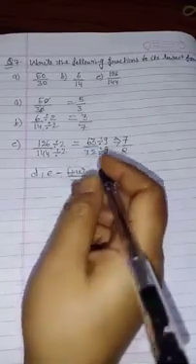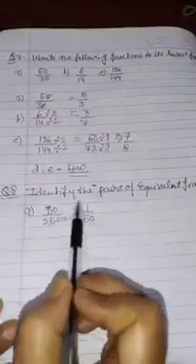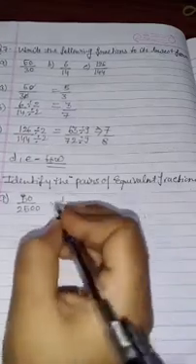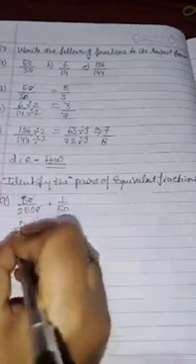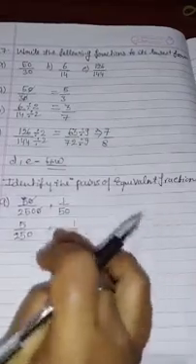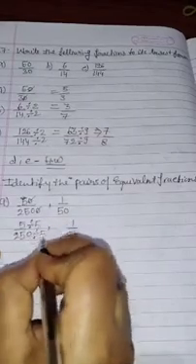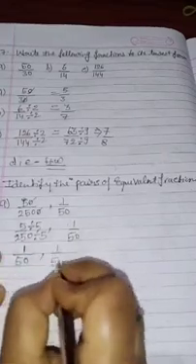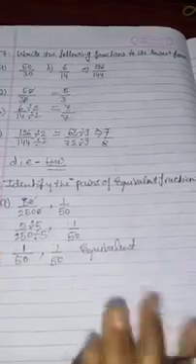Okay, now come to question number 8. Question number 8 is to identify the pairs of equivalent fractions. You have to check whether they are equivalent or not. In this case, you just cancel. So what do you get? 5 upon 250 and the other is 1 upon 50. You can't do anything with this fraction, so divide it by 5. 5 ones are 5, 5 fives are 25, and 1 upon 50. Both are coming equal, so they are equivalent fractions. In this way you have to do.